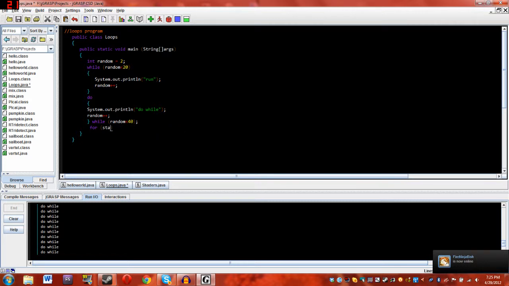So let's start by declaring a starting value, and you can declare variables within them. That's the cool part. So let's say int i, and then set it equal to a value like 0. It's semicolon, sorry, not commas. And then you can say i less than 10, so it repeats until it reaches 10. Semicolon, and then we can do i++, or you can do i += and then set your own custom increment. We'll just stick with i++, and then the same 2 curly braces,